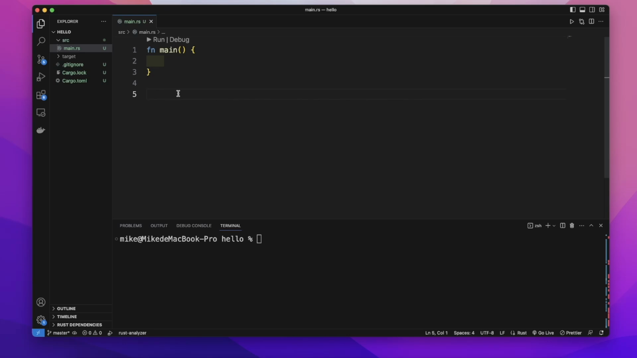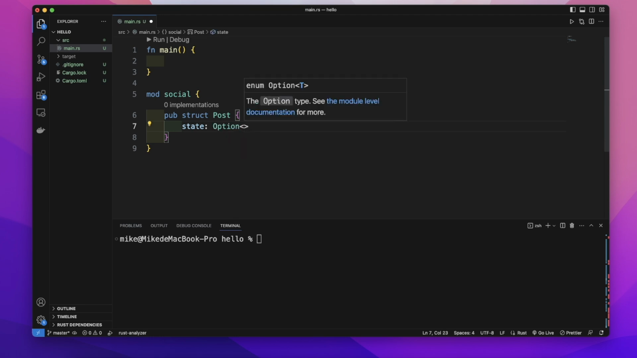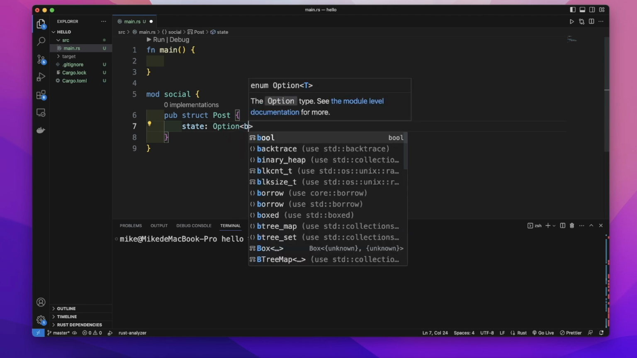The state pattern design allows a value to change behavior based on its state. First, let's create a module named social. In this module, let's create a public structure Post. In this structure, we'll have two fields. One is state. Type is Option, holding a trait object Box